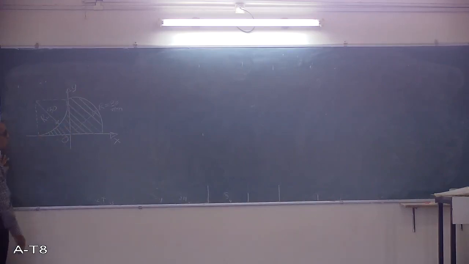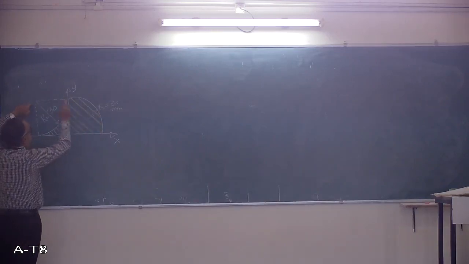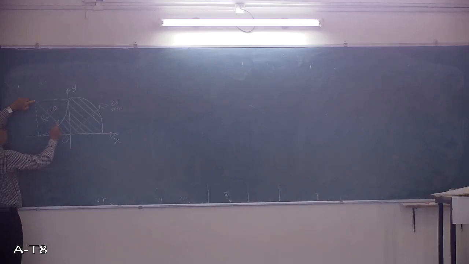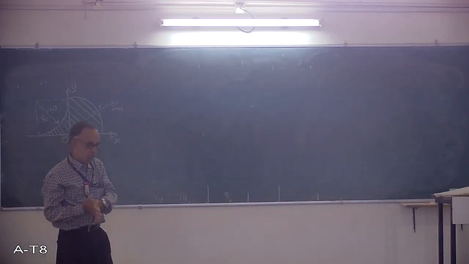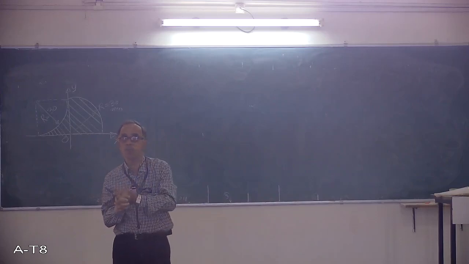I told you it is a quarter circle having a radius r equal to 30. In the second figure, if you take it here, this will be 30 and this will be 30. That means it is a square having a side of 30. Then this part is shaded, that means the remaining part of the quarter circle is shaded. Then how should we work it out? Take figure 1 plus figure 2 minus figure 3. From that you will be able to get x bar as well as y bar. You should be very careful; any small mistake, the problem will go wrong.